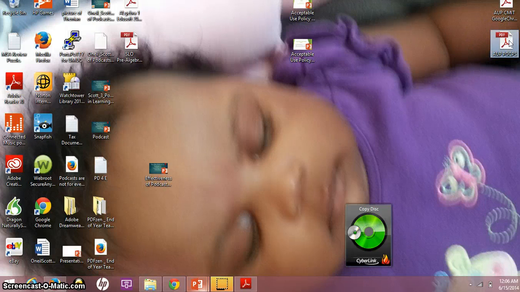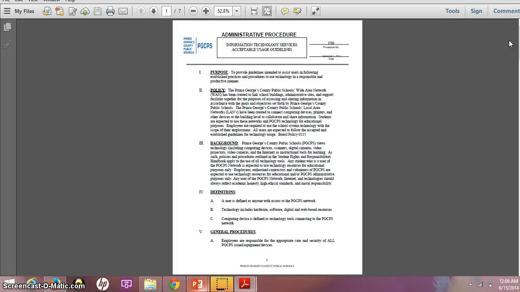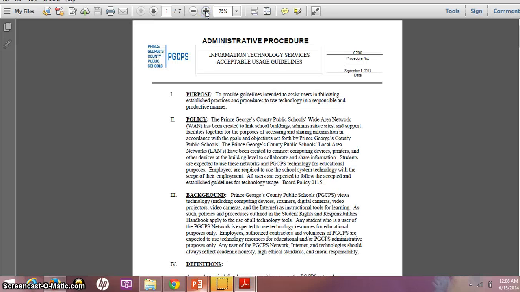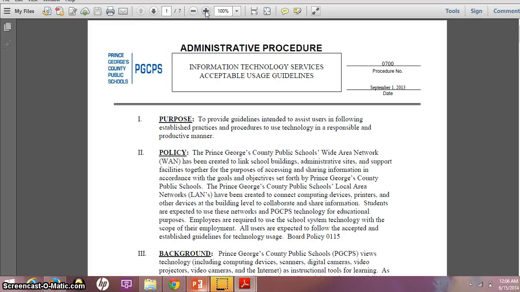I've also downloaded the guidelines for Prince George's County teachers. This is an administrative document. I'm just going to take a few minutes to review some of the main features. The purpose of this document that is highlighted here for us is to ensure that all users, which include staff, administrators, and students, follow the established practices and procedures that relate to technology, that they use these in a productive